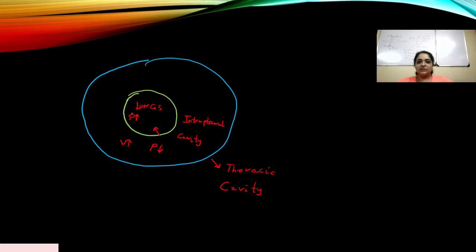Okay, so this pressure in the lungs is more than the pressure in the pleural cavity. So what happens when pressure is more here and pressure is less here? The lungs will push towards it. Lungs will also begin to push towards that because of the high pressure as compared to the pleural cavity pressure, and so lungs remain expanded.